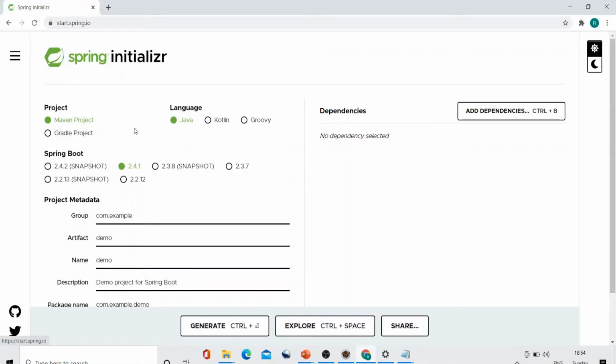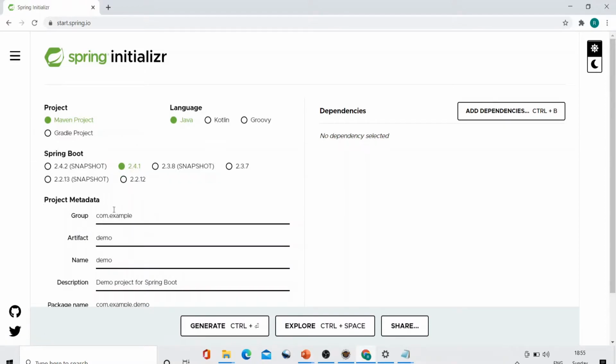For Spring Boot, we have to select the version, so we will be using version 2.4.1. Snapshot is a version that has been released and is under the testing stage, so I would suggest not going with the snapshot. You can, but it's not a stable version, so we will be using 2.4.1. One thing I want to highlight: if you are writing a microservices based application and making multiple Spring Boot projects for the microservices, make sure you select the same version all the time.